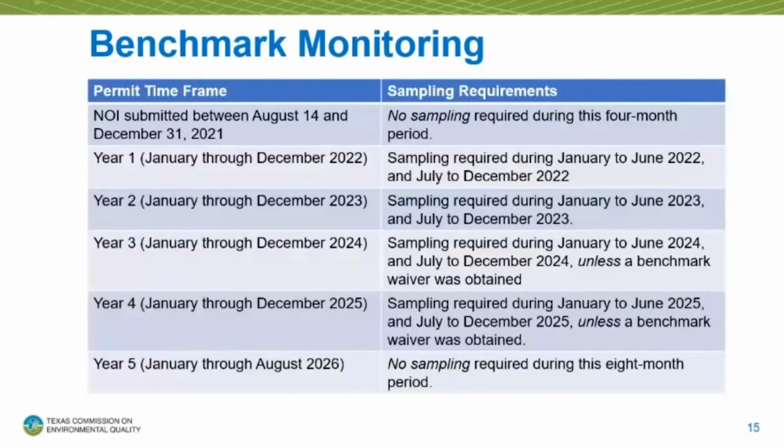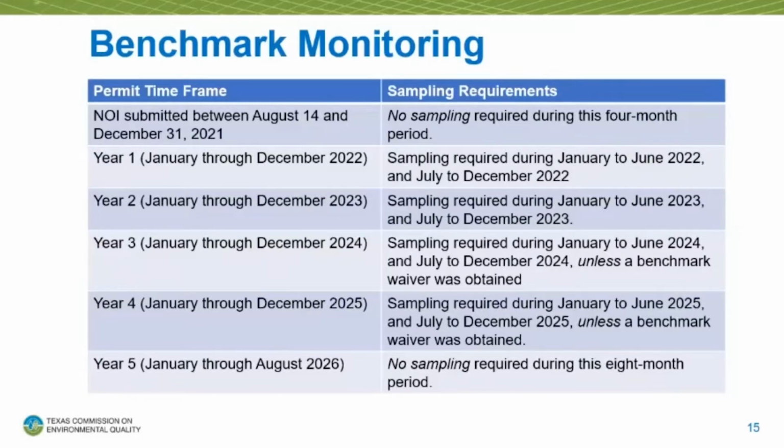And actually here on this slide, we've sort of explained, following this permit cycle, if you applied during our renewal period, this is what the sampling requirements would look like for you. So you wouldn't have been required to conduct sampling during the 5th and final year of that previous permit cycle. So meaning there's no sampling required until this calendar year. So starting in January of 2022, that's when our permittees would start doing that benchmark sampling